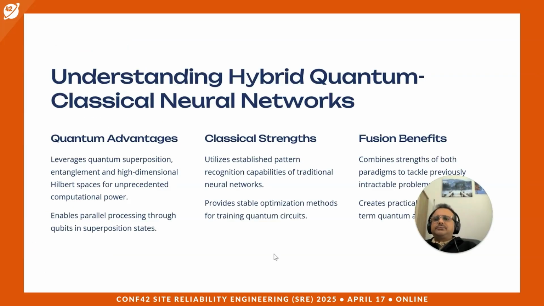Okay. So the left column talks about the quantum advantages. Quantum computing takes advantage of quantum principles of physics, which is superposition. Superposition is the ability of data to be in all the possible states at once before it's being observed. If you take binary, we call it a 0 or 1. It could be both 0 and 1 before it is being observed. So this gives rise to the concept of parallel universes and the ability to solve the problem in parallel universes.